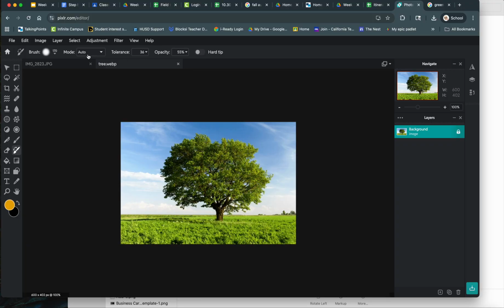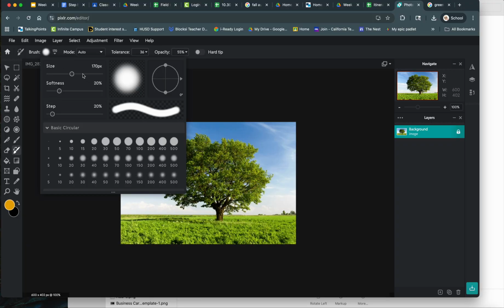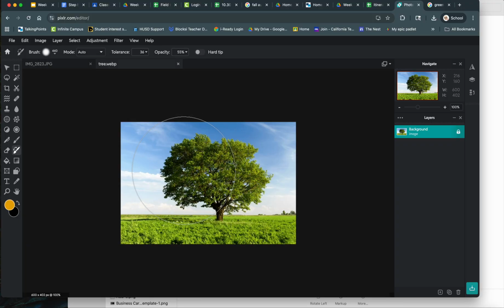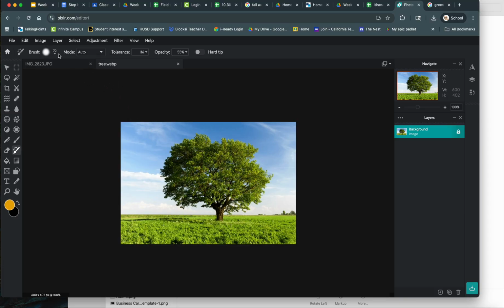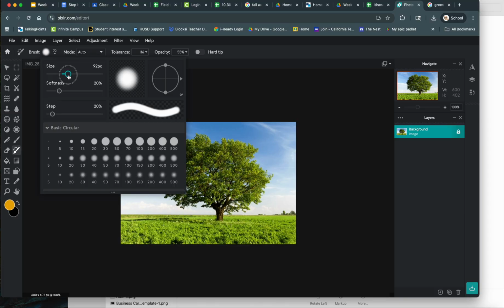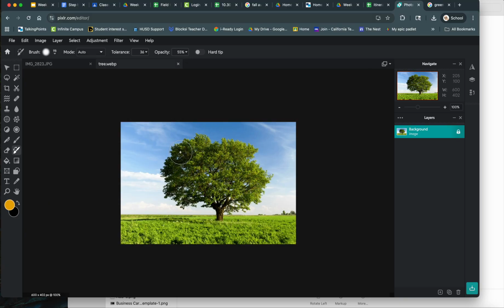I'm going to increase my brush size. I'm going to take it from 170. Maybe I'll go up to 440. No, that's a little too big. Let's go back down to 170. Let's try 100. Okay, so now I can kind of come through, and I'm going to start adding, maybe on